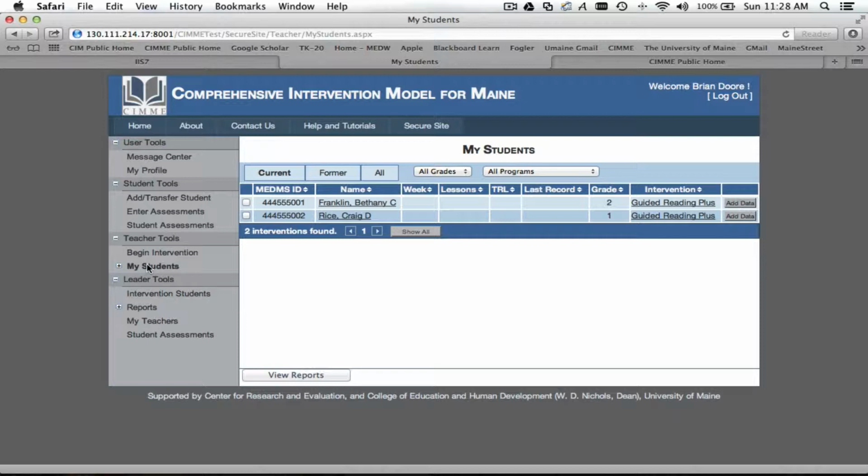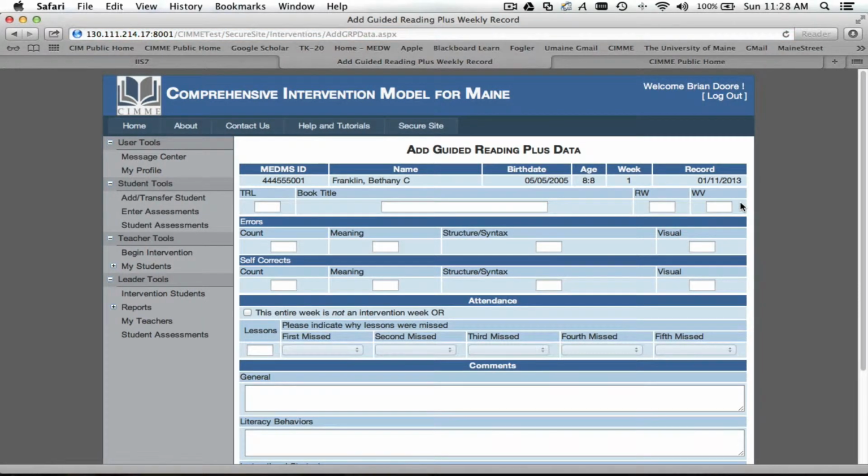If you don't know how to add them to an intervention, you need to see the previous video, which is Begin an Intervention with Students. So here I have two students that I have information about, and notice this little button over here called Add Data. I want to add data to Bethany, and so I click this button,